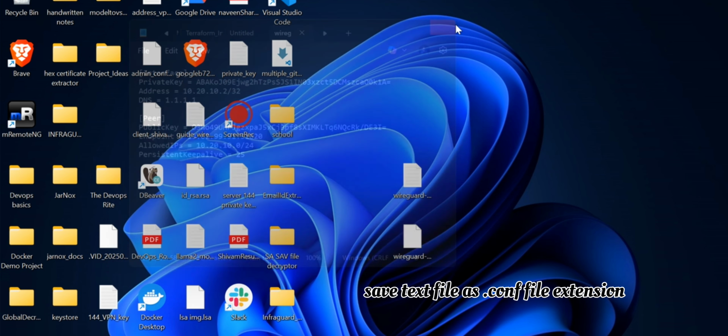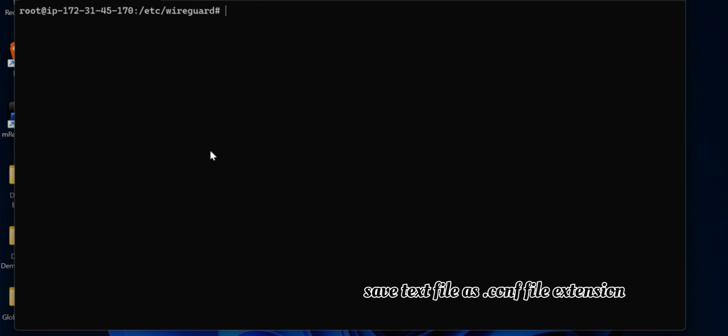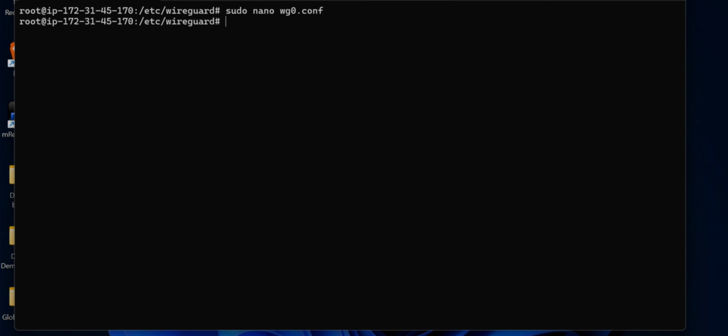Okay, this is the configuration file ready, and I have also added my public key in the configuration file. You can see the public key is here. So let's go back,